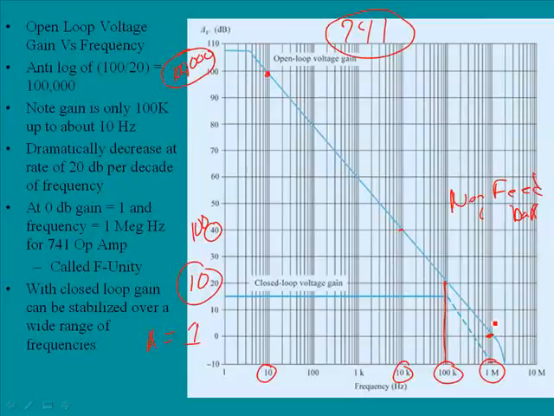Now there is a term that they use in op-amps called F unity, and in this case for the 741 it will be 1 megahertz, and F unity is for 1, so the frequency where gain equals 1 would be 1 megahertz. Though not mentioned in your text, it's kind of interesting to observe, and this is just an observation, that the